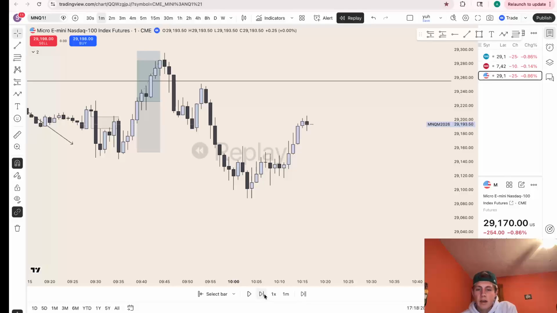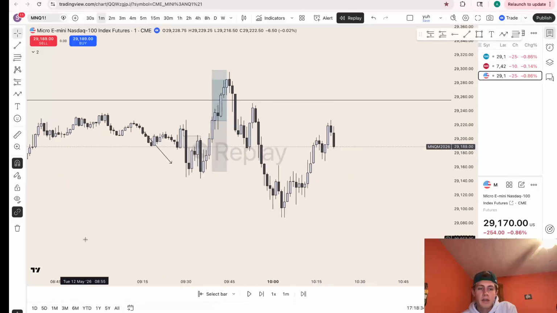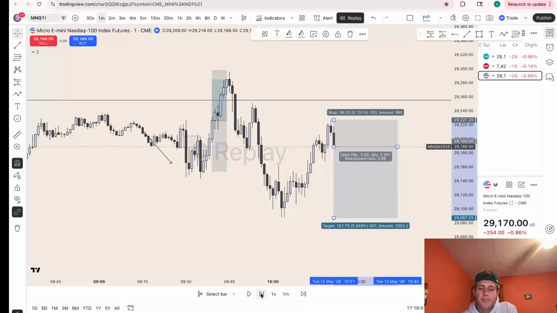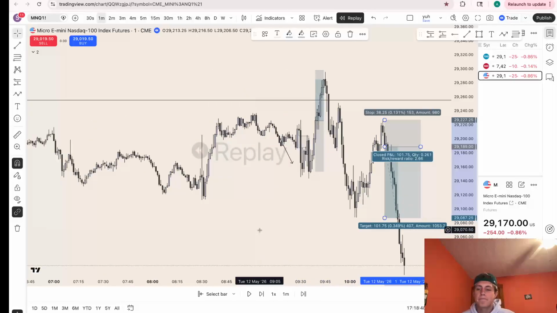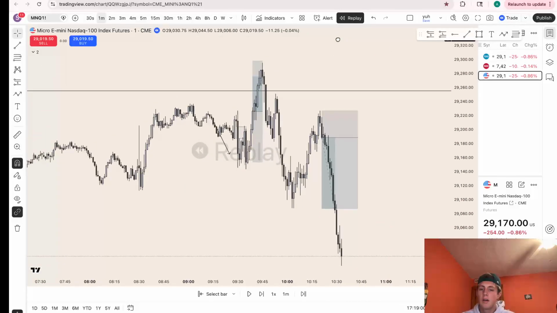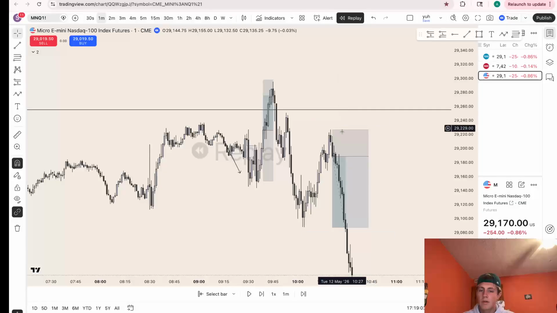But then we get a nice 1-minute short, this one. I think this is what PB Blake took. This is a really nice trade. I'm a big fan of this trade. Super nice RR. But yeah, that's about it for today. Break even. Can't be mad at it. Just executing how you need to, and eventually the statistic will prove itself.